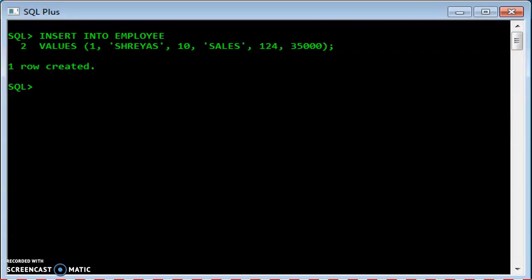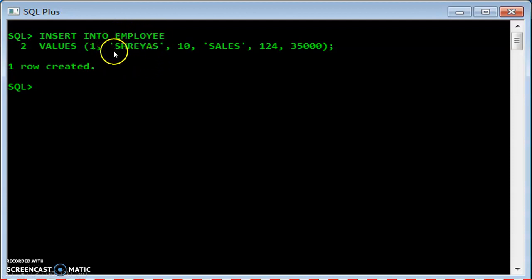So starting with the insert command. We will be using the tables that we have created in experiment number 4. So insert into employee values. So insert into the table name values. Now you have to remember the order in which the columns are created. First one was the EMP number, so accordingly we have to put the values here.